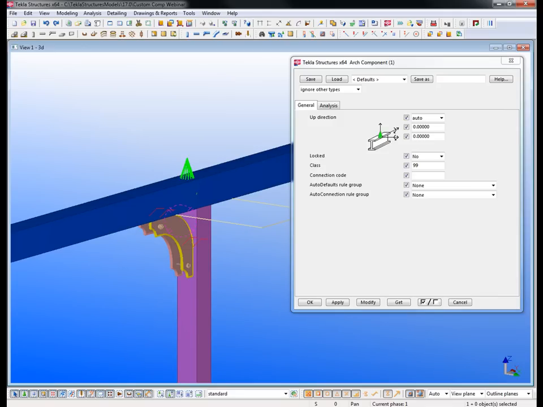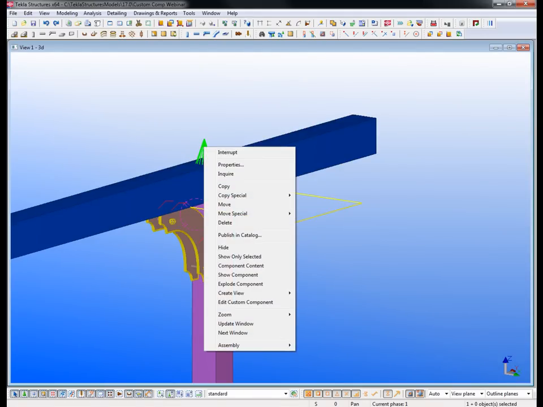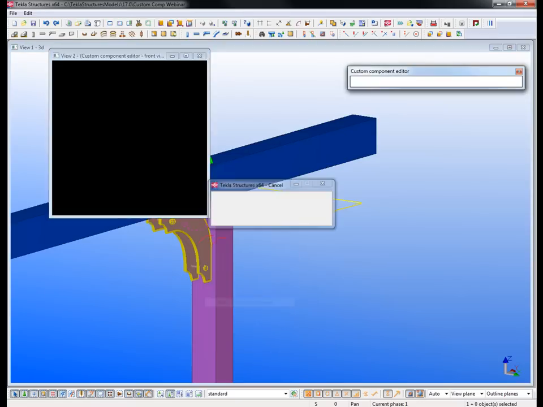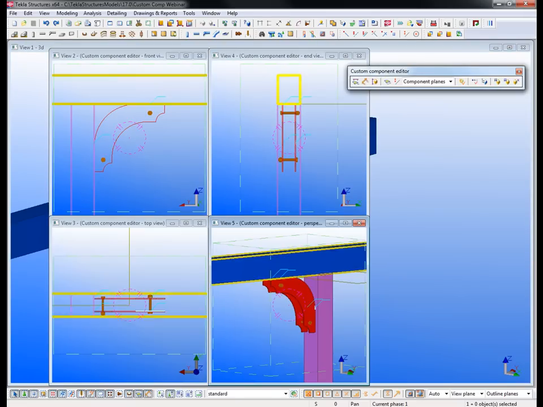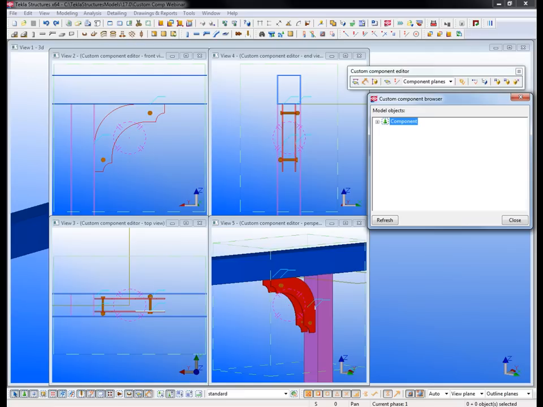So what we're going to do is go in and edit the custom component and give it properties and bindings so that we can control this and use it in different scenarios, but basically using the same general platform. So in order to do that, I'm going to select the green cone, come down, right click, and go to edit custom component. And what this will do is it will open up 4 views that I can use to